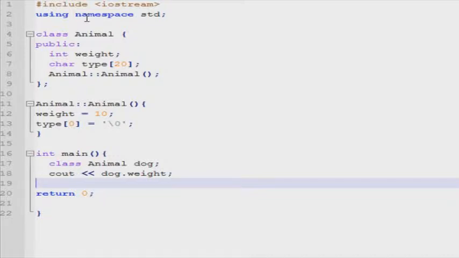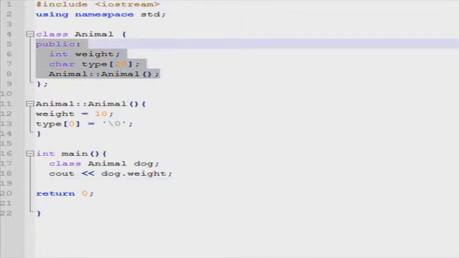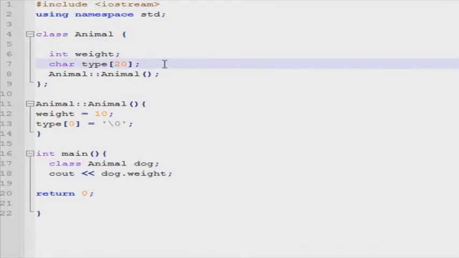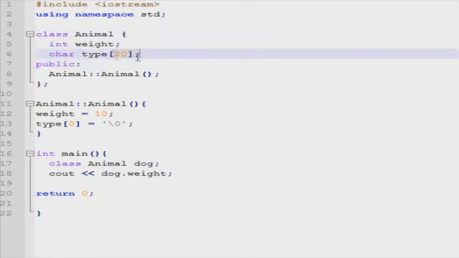Get out of structures. What structures are is structures are basically just an introduction to classes. They're its little brother. They're its baby brother, okay? When a structure grows up, it becomes a class. And just remember though, default values for a class are made as private, okay? They're not public unless you state that it's public. You can make them both private and public by just stating public wherever you want to.